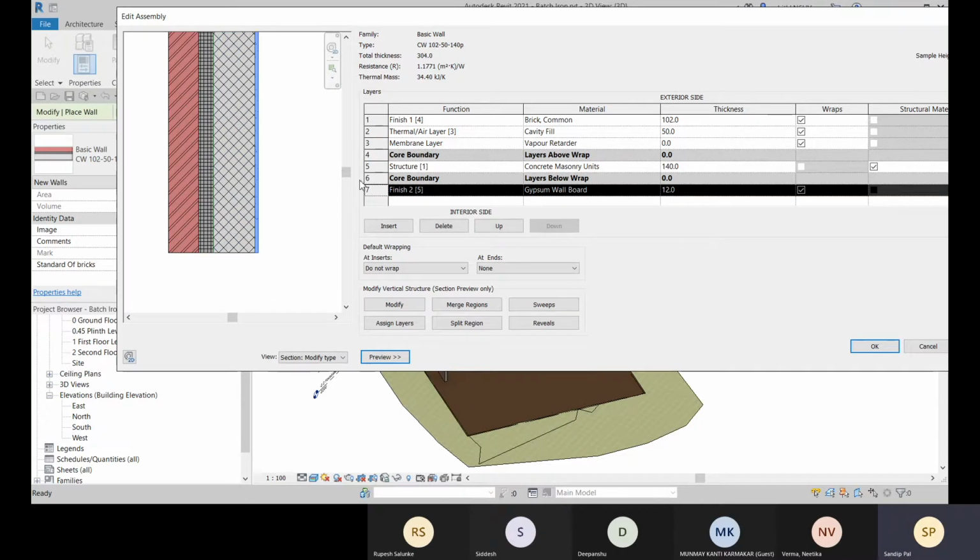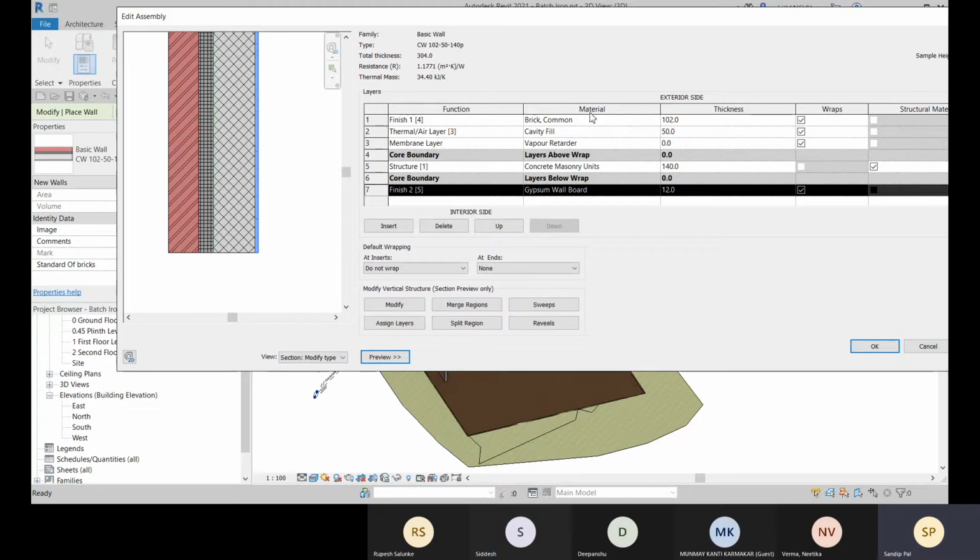Now let me tell you that this membrane layer and this thermal layer will be added outside of this core boundary. You see this is the exterior side, and this is the interior side of your wall. This finish will always be added to the interior side, and this finish will always be added to the exterior side. That is something you have to remember: the membrane layer will be added outside of the core boundary.